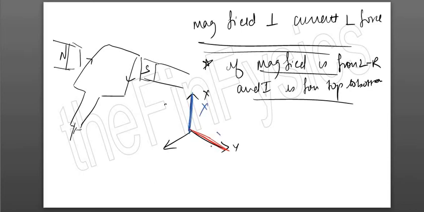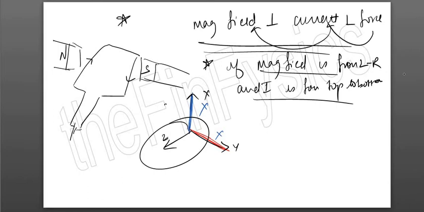So my force will not be in these two axes. My force will be along the z-axis, which means either coming towards you or going into the paper. Always remember this, a very good way of solving MCQ questions. The force will always be perpendicular to current and magnetic field. How do you find the direction of the force? By using the left hand. I'll make another video.